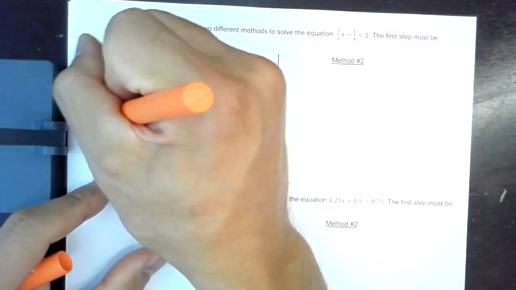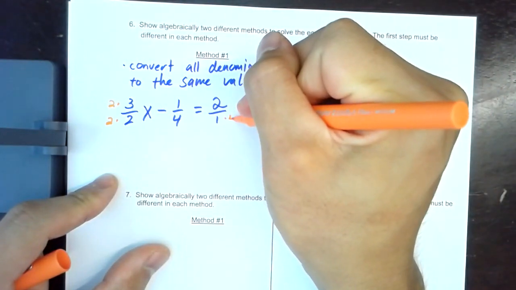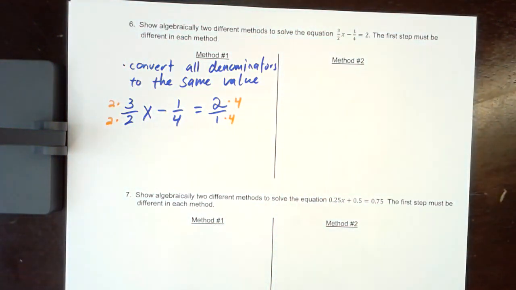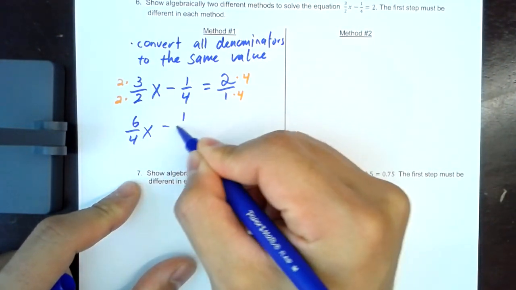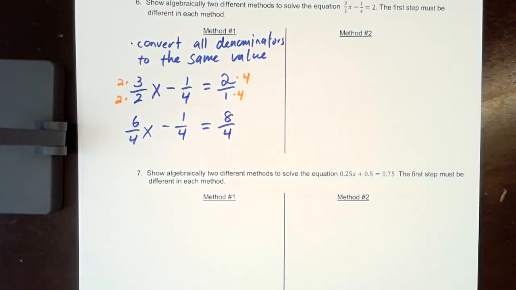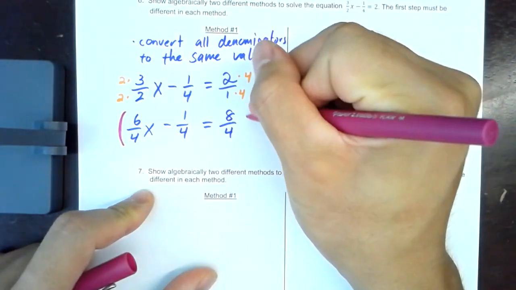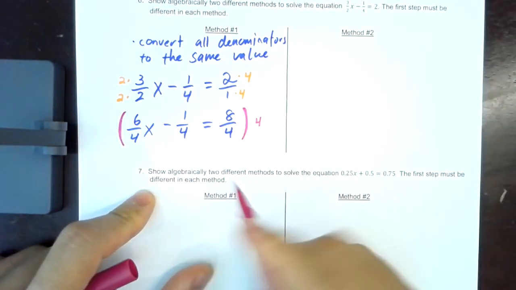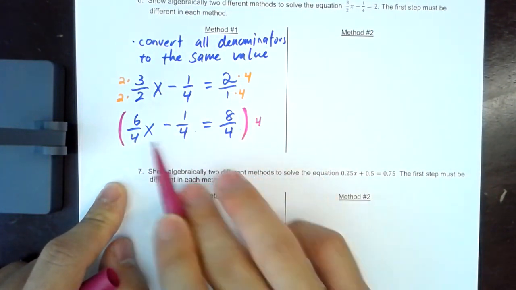Okay, so I'm going to just convert everything to, well, obviously 4, you don't have to do anything to it, but I'm going to convert everything to the same denominator. Okay, and you'll see that I get 6 over 4x minus 1/4 is equal to 8 over 4. And once every denominator has the same value, I can multiply the entire equation by 4 and essentially cancel out every single denominator,